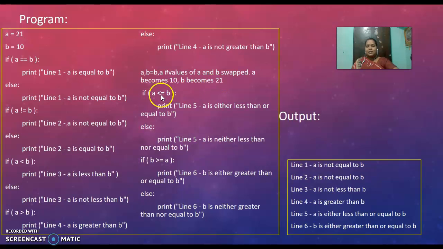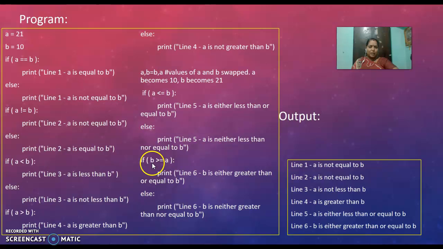If A less than or equal to B, now A is 10, less than or equal to 21. So this will return true and print line 5, A is either less than or equal to B. Here you can see the output line, A is either less than or equal to B. So this will ignore the else part. It will check the next if statement.